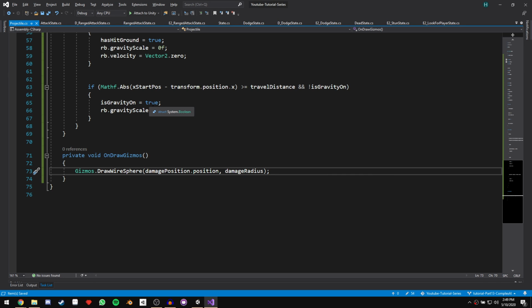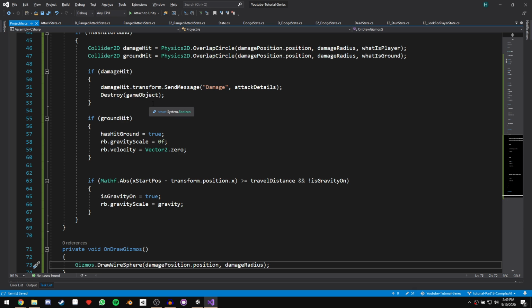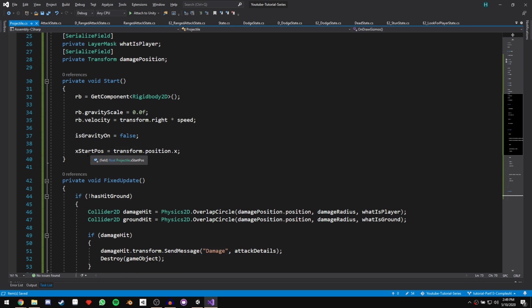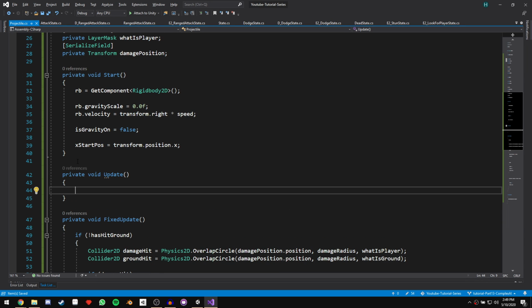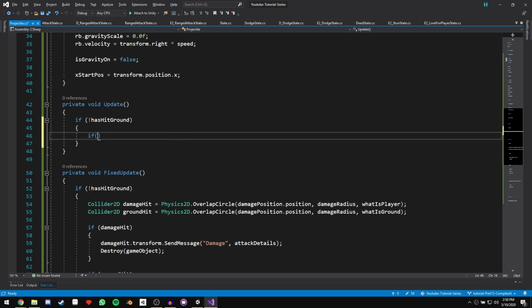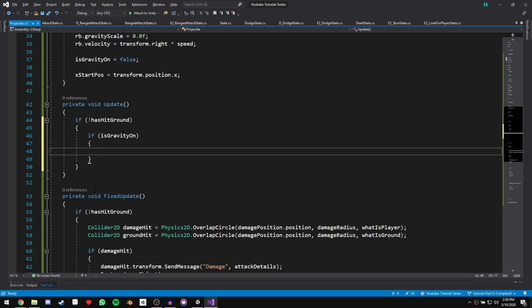Now the last thing we want to do is make sure when gravity is enabled that our arrow is going to rotate in the direction that it's falling. This we're going to do in our Update function. So let's just go ahead and call Update. And then in the function, all we have to say is if not hasHitGround, then if isGravityOn, so we only want to rotate it once gravity is on, we're going to say